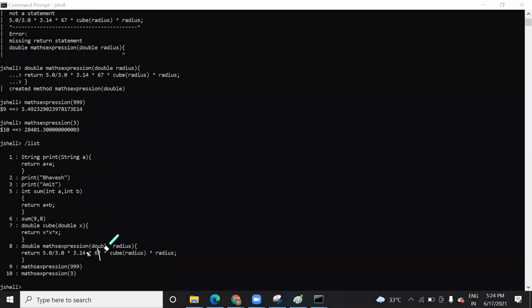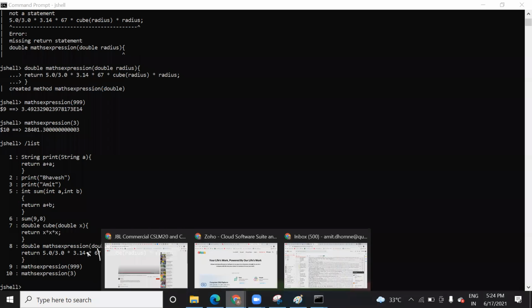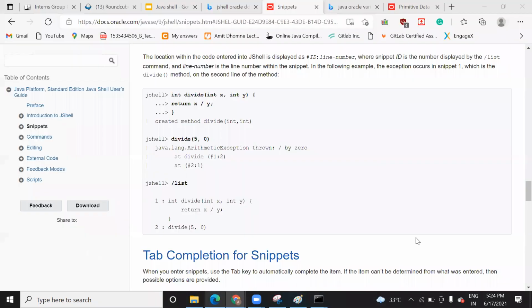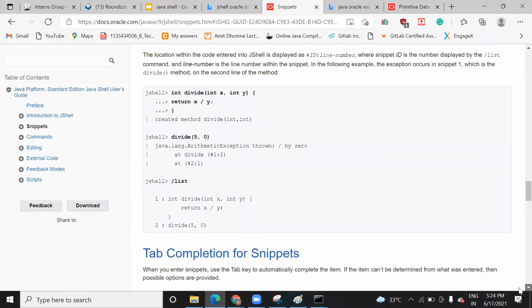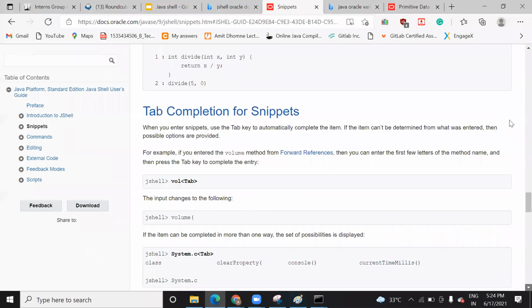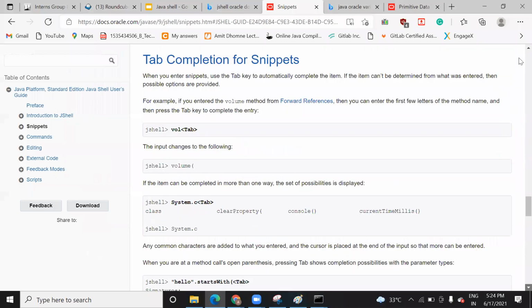It will show you how we created this and all. Similarly, there are other commands also that are helpful here. Several commands are there. You can use this.